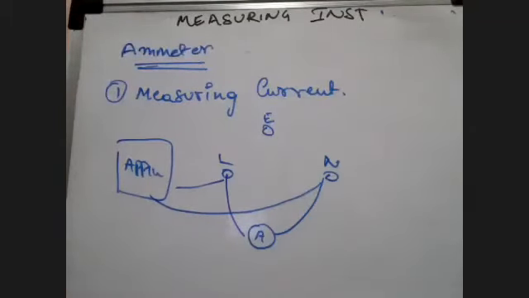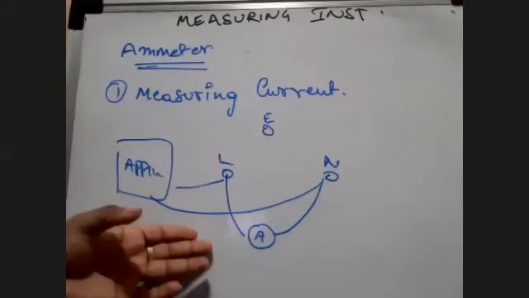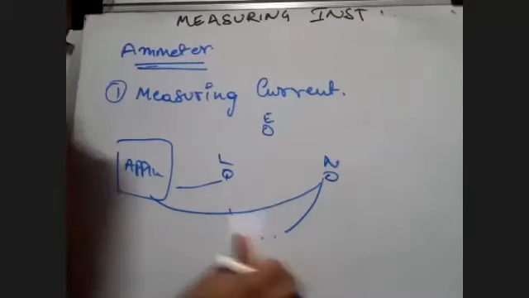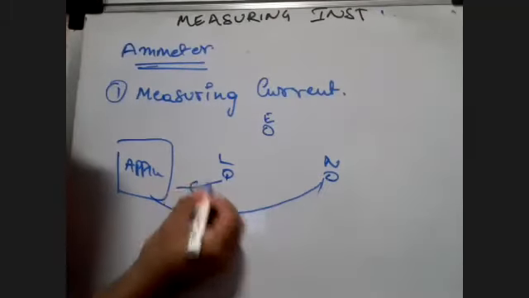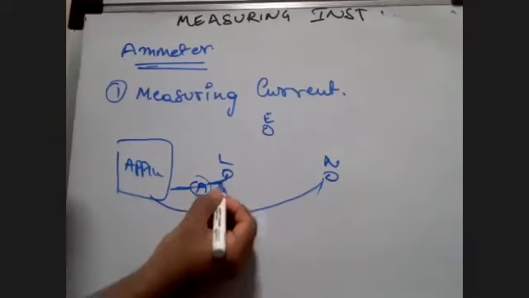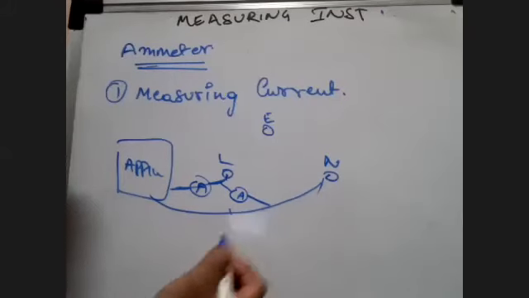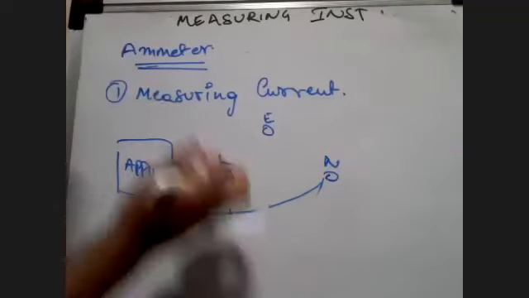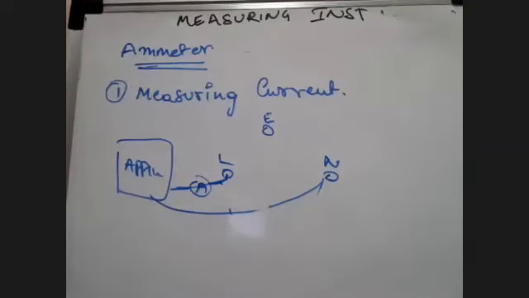Let me tell you what a series combination would be here. A series combination will be removal of this entire thing and just putting an ammeter here. That will be in series. When you connect it across two wires here, it is going to be parallel. This is what he did. He didn't know this concept, and there are many engineers who don't know such concepts. They make mistakes, and through mistakes they learn and they call it experience.